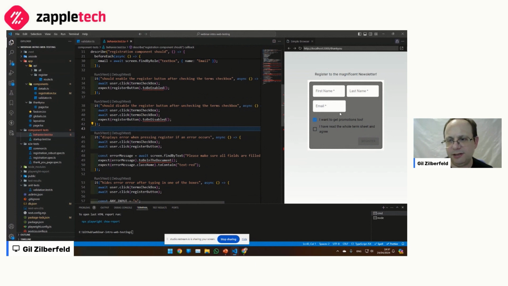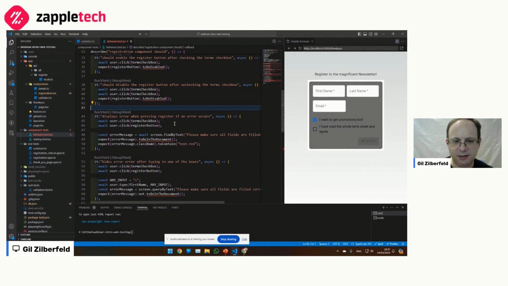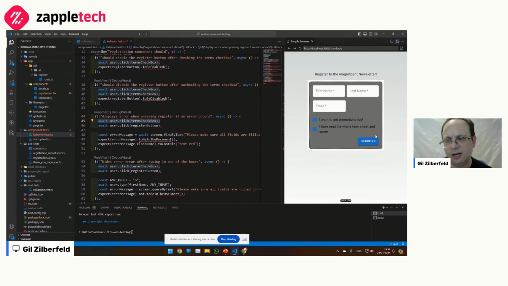So it displays the errors, and this is something that can be very complex if you want to try to check all the cases here. Another thing that we need to do in order to check the error, I need to check this thing. So I enable this, and only then I can check for the errors. This thing that starts to appear everywhere, I need to check the term box, is part of the tests, but we don't really connect to that when this thing will fail in 3 months, and we will not remember that.